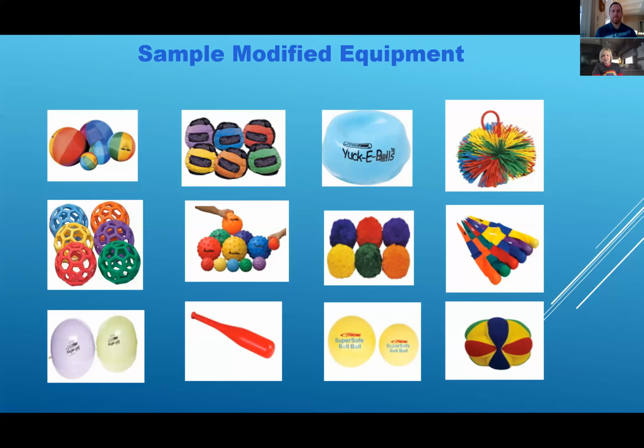The big red bat I use a lot because it's oversized and it's bright. I do a lot with colors because my students like to coordinate colors. So you can tell all of these examples are examples of bright color coordinated equipment. And that's just kind of my thing. The lower left, those are called finger lights. And I jokingly said latex free. But for a long time, I pushed for companies to make latex free items for our kids because I've always had students that have latex allergies. And those are called finger lights, and those are latex free. So I'm just letting you know those are a game saver for me.